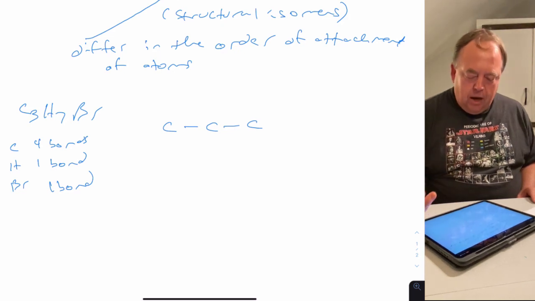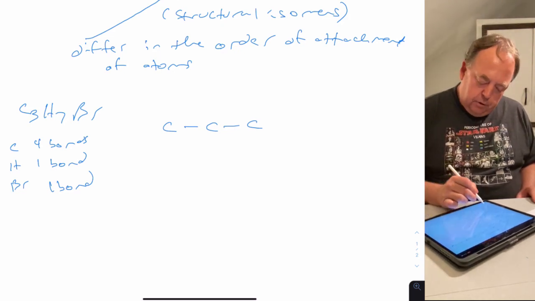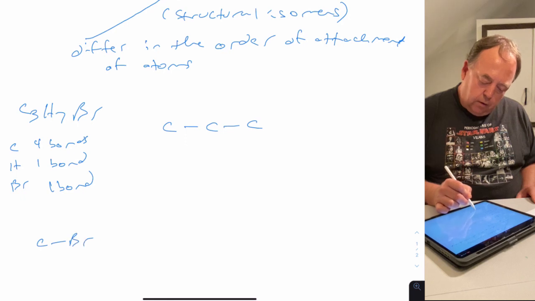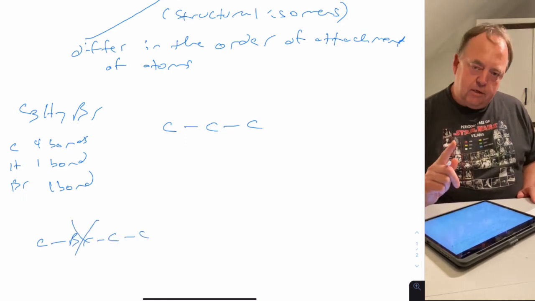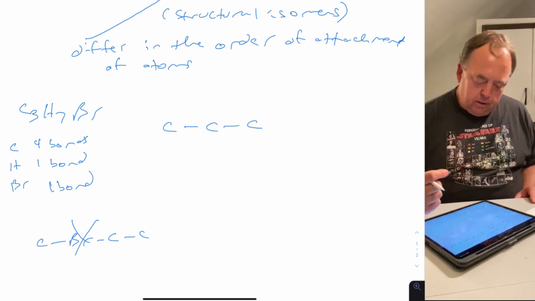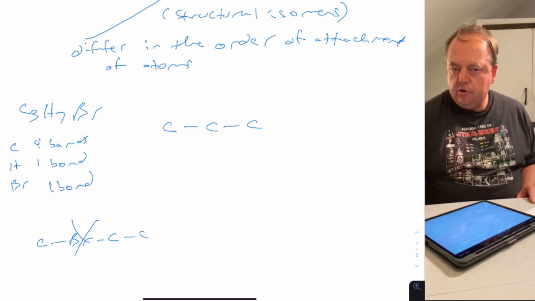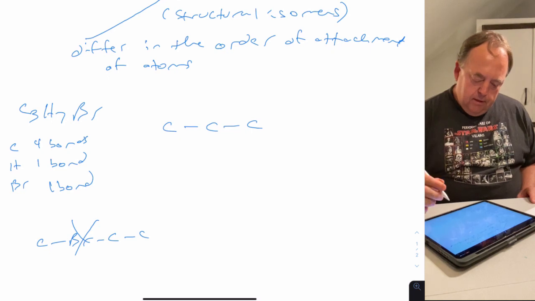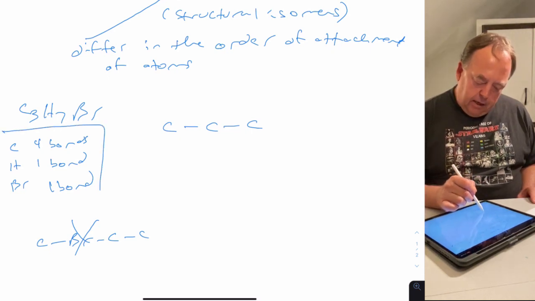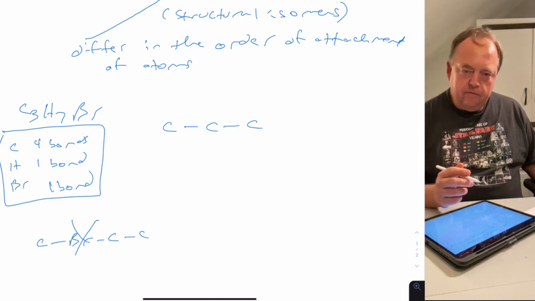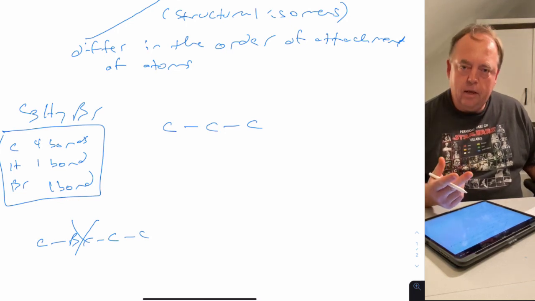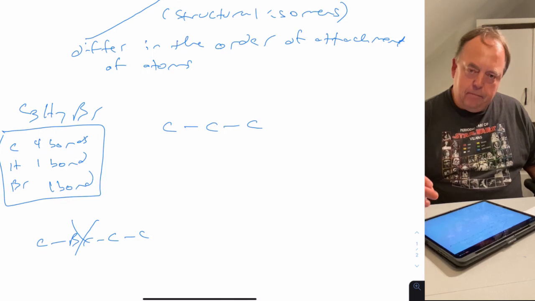That'll help you not make mistakes, because if you put the bromine between two carbons, for example, you just made a mistake, because bromine doesn't like to have two bonds. It likes one bond. It's got 7 valence electrons. It wants 8, so it wants to share one electron and make one bond. So if you just keep the number of bonds that atoms like to make in mind, right? Oxygen 2, nitrogen 3, carbon 4, hydrogen 1, halogens 1,